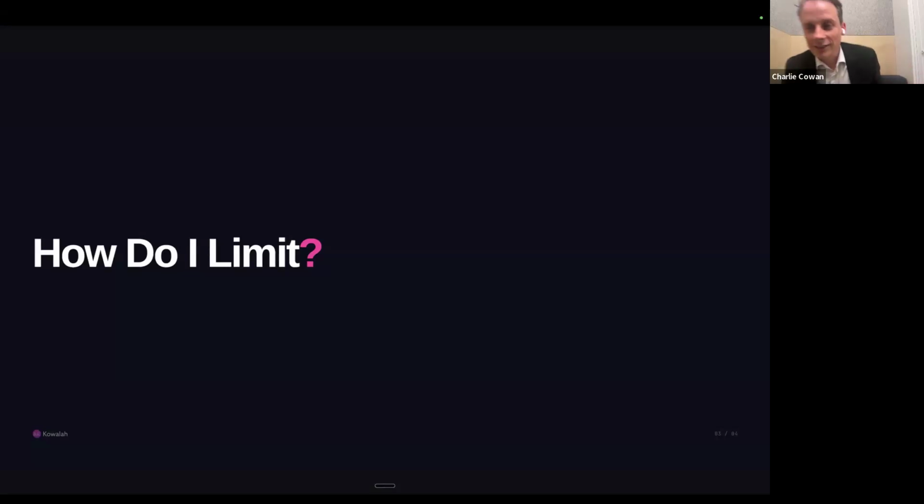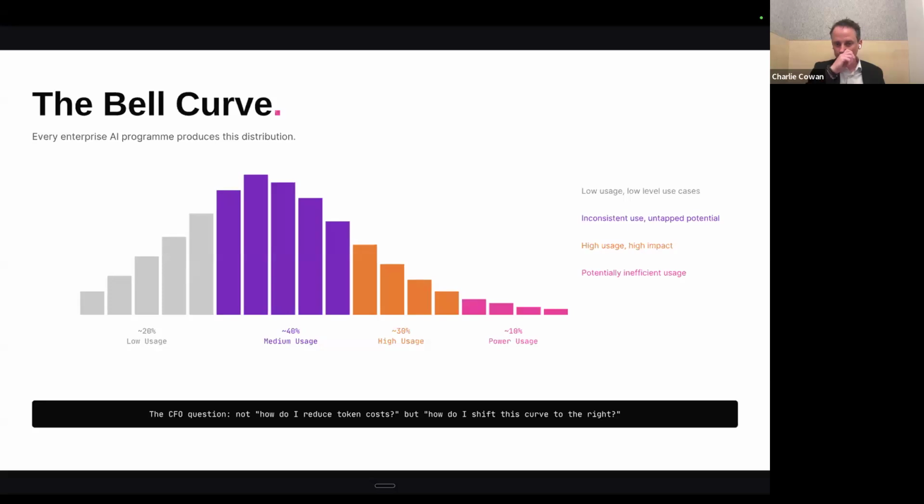So now we've forecasted. We now know how we're going to assign these tokens across our P&L. And now we're starting to think, how do we limit this? How do we get this horse back in the stable somewhat so that we've got a bit of control over it? Now, generally, this is what we see